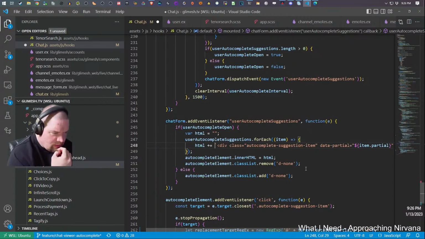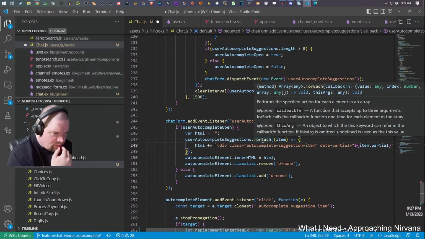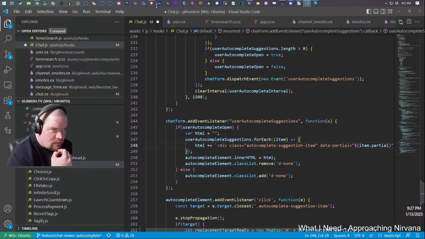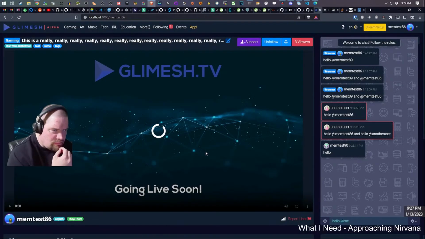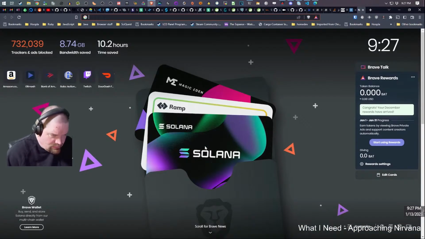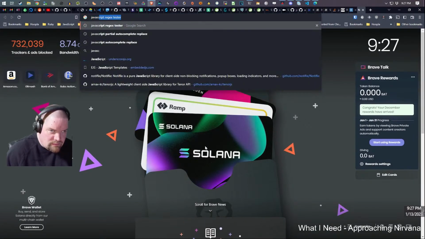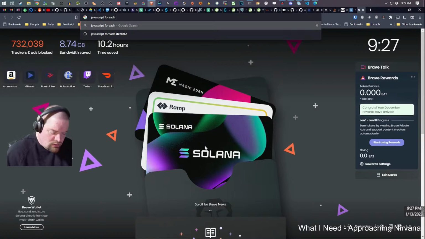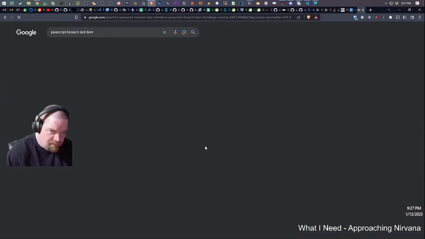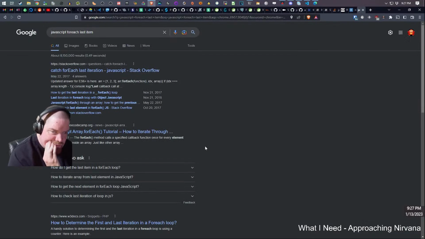I guess there's no easy way to tell you're on the last item in a for each, right? Really you just have to use a regular for loop, right? That's a good question. I imagine you just have to use a regular for loop for it, but let's see. For each last item. Catch for each last iteration.